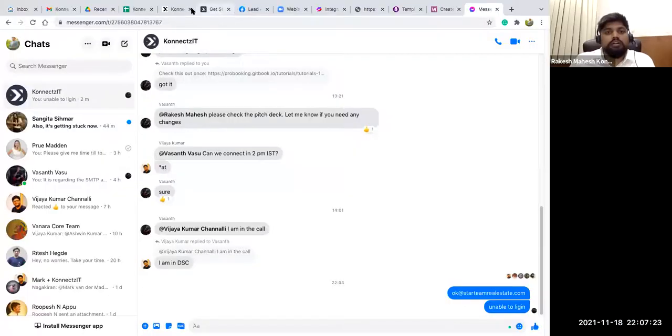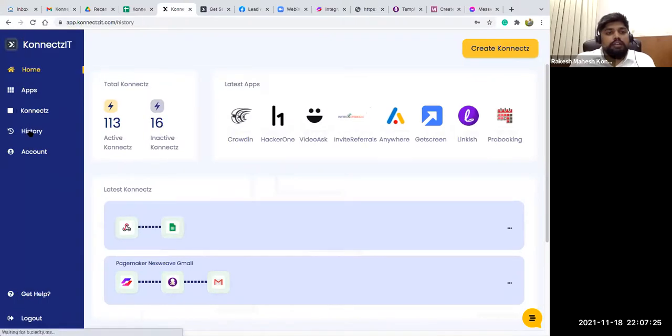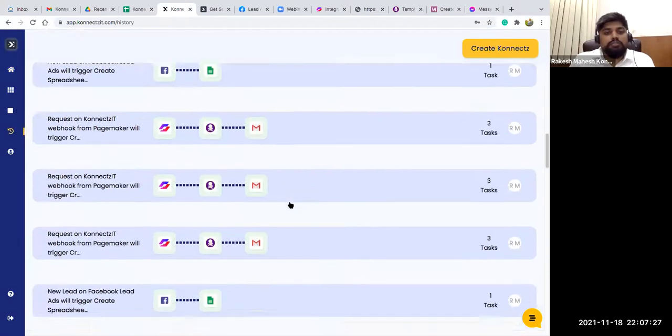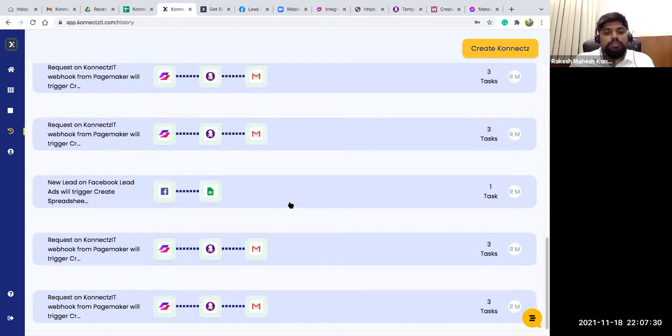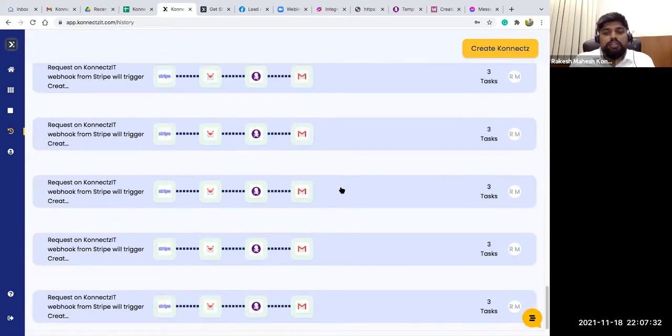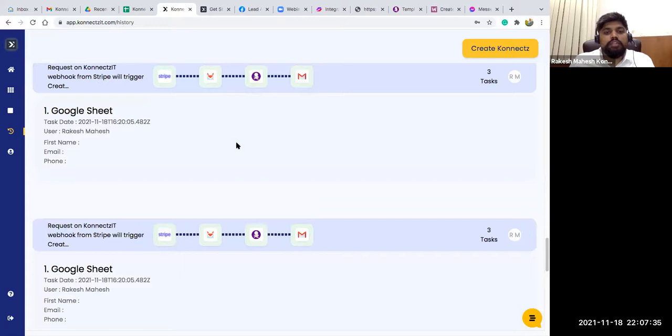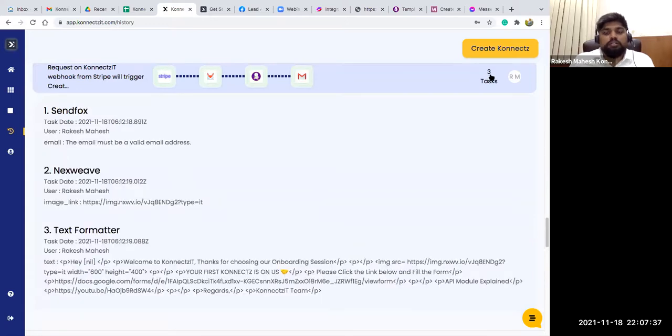Make sure that only the apps you are using are included, whether it's two apps or three. You can go to the task history page. I'll share my screen again so that you can check it. In the task history tab, you can see which apps you're consuming. For example, see here, three tasks are being consumed.